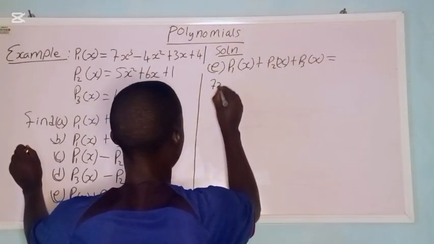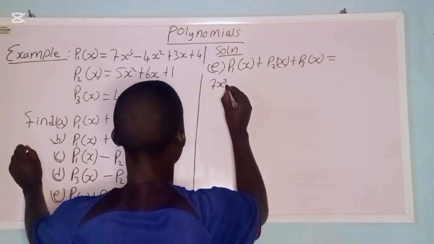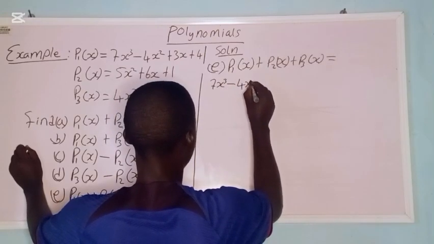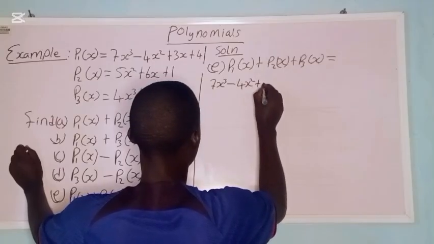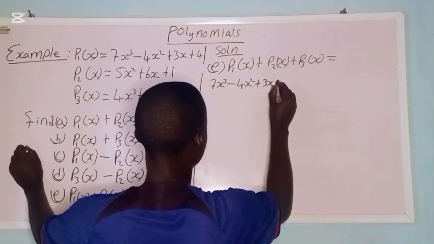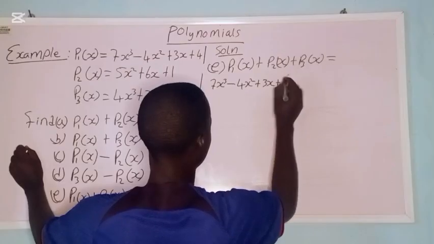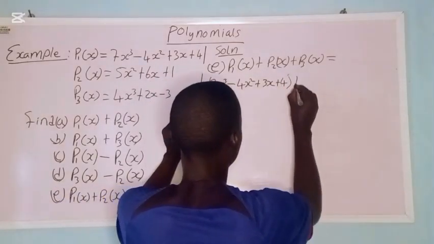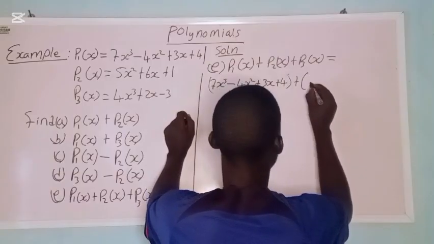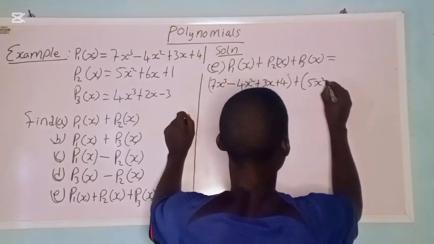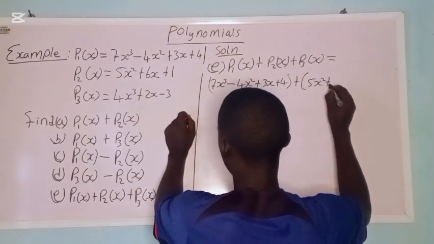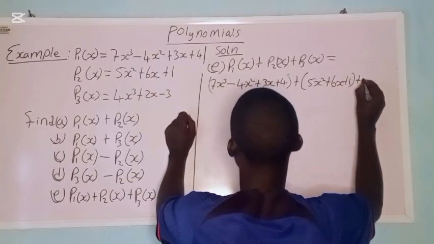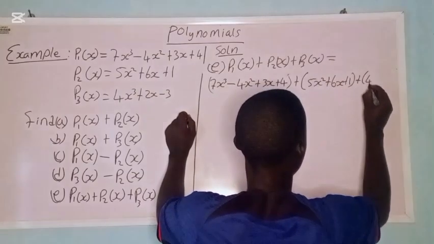We have 7x cubed minus x squared plus 3x plus 6, plus 4, all in bracket, then plus open bracket again. Let's put the 2x squared plus 6x plus 1, all in bracket, then plus, then let's write this one, 4